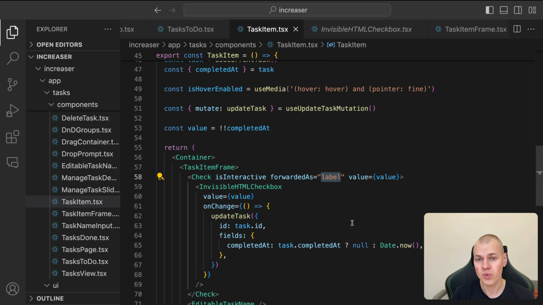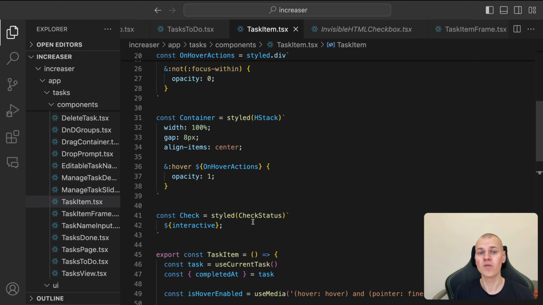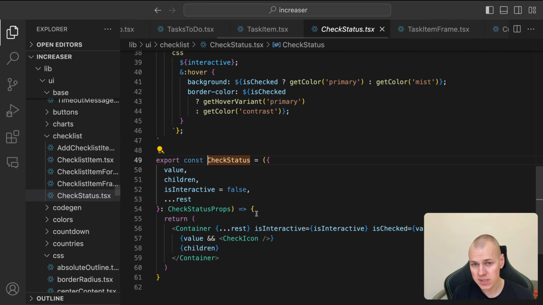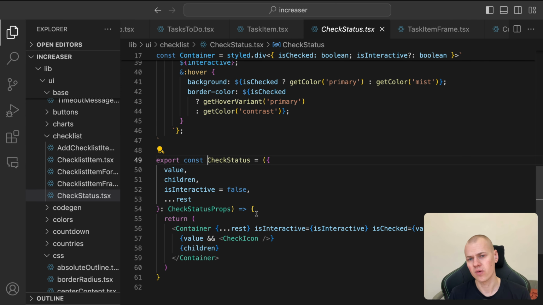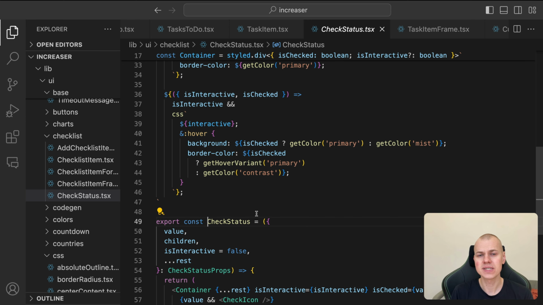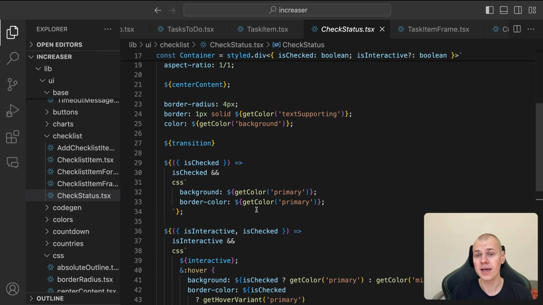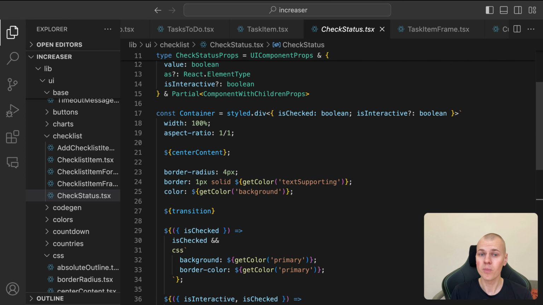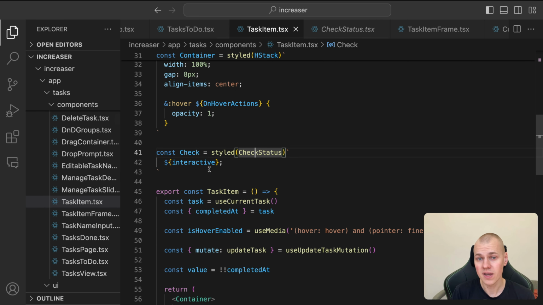The checkStatus component is a reusable component for creating checkbox-like elements used in checklists and form fields. It has different styles based on the isChecked and isInteractive props. By using aspect ratio together with width 100%, we make the component a square that covers the available space. In the case of our task item frame, it will cover the entire width of the task item frame's first